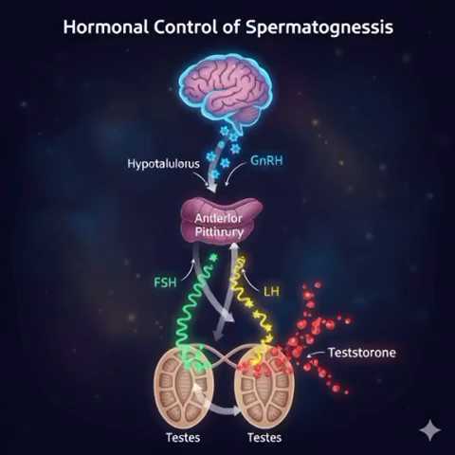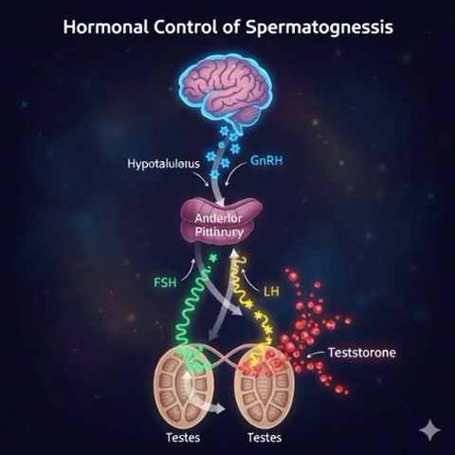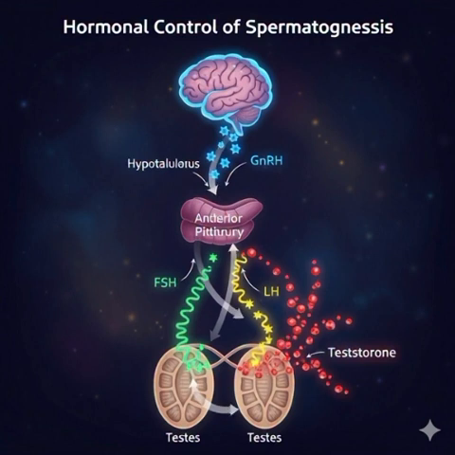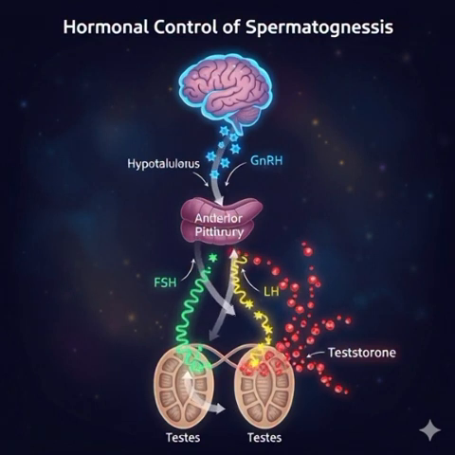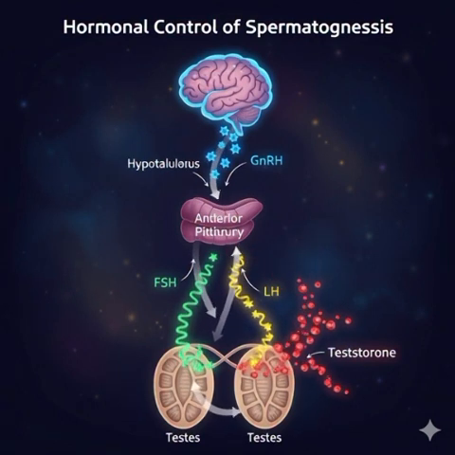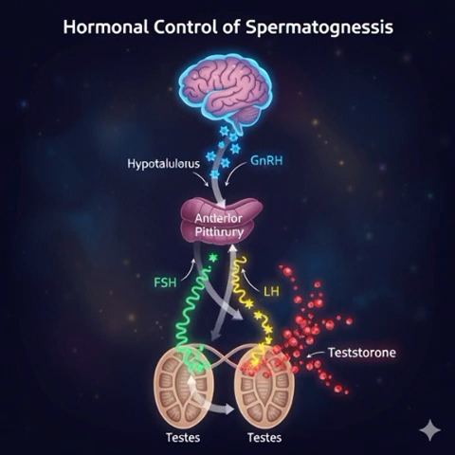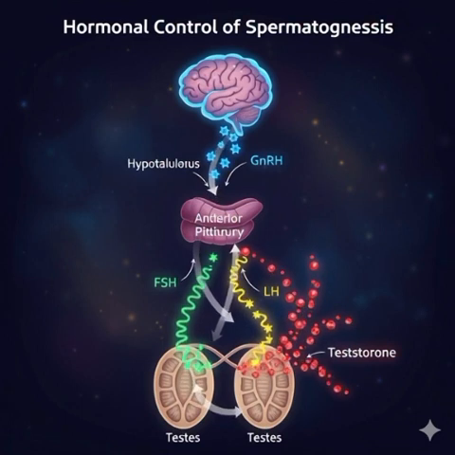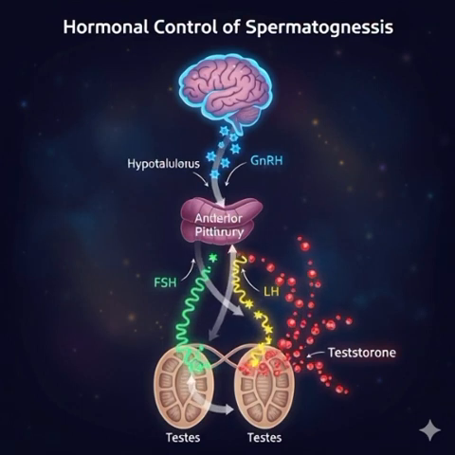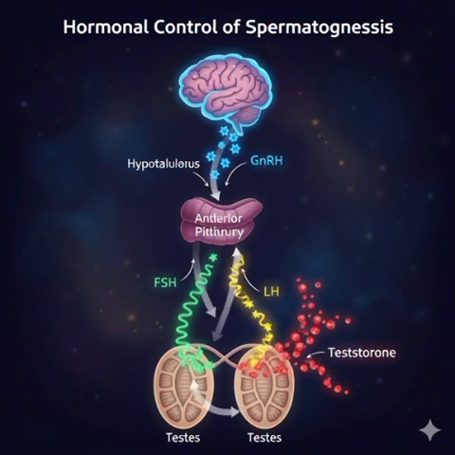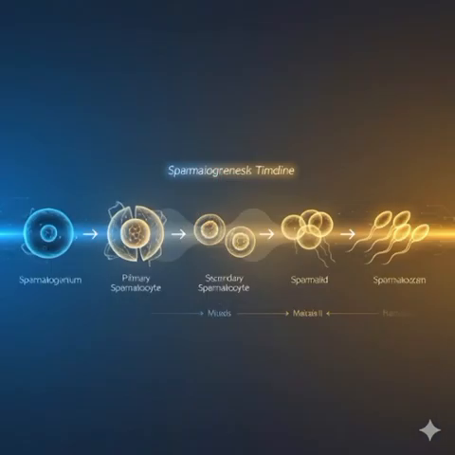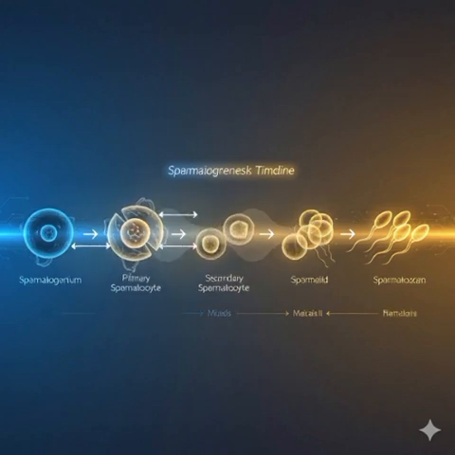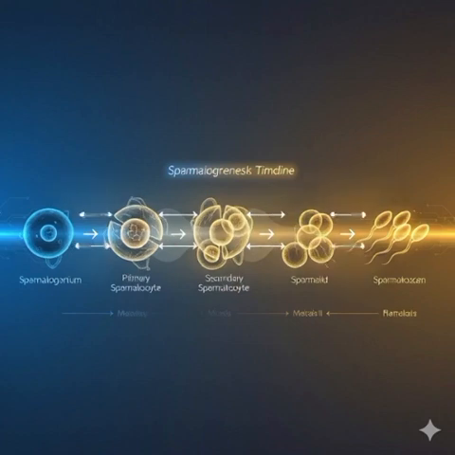The entire process is controlled by hormones. GnRH, or gonadotropin releasing hormone, from the hypothalamus stimulates FSH, that is follicle stimulating hormone, and LH, that is luteinizing hormone, released from the pituitary. LH acts on Leydig cells to produce testosterone, which drives spermatogenesis. To summarize, from one spermatogonium, four haploid sperm cells are formed through a series of mitotic